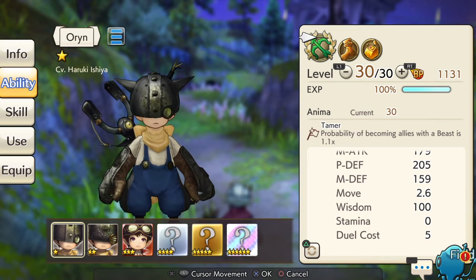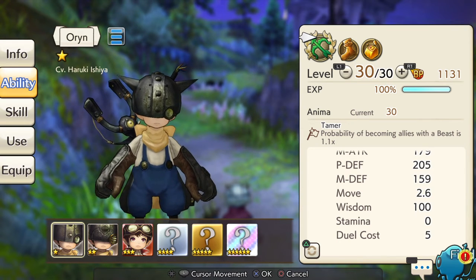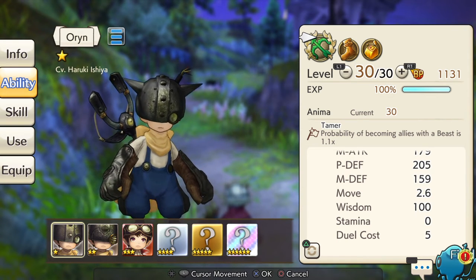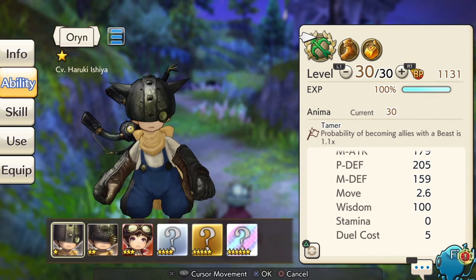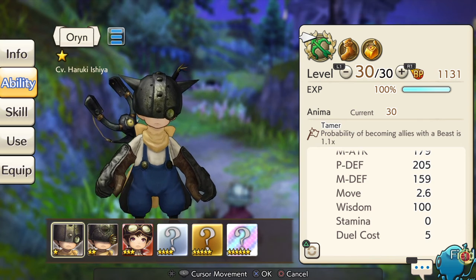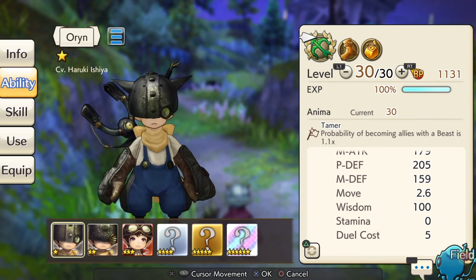The duel cost is 5, which is pretty good in duel or in arena, and that stays that way the whole time of him leveling 1 to 6. It doesn't increase. And he's also a tamer, which is very common throughout all the avatars. So that's my review on this